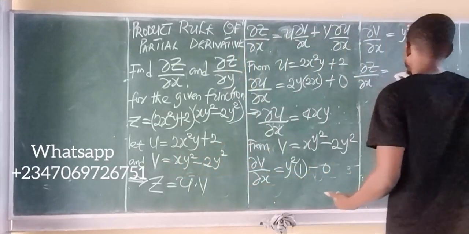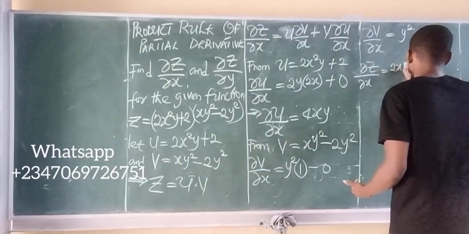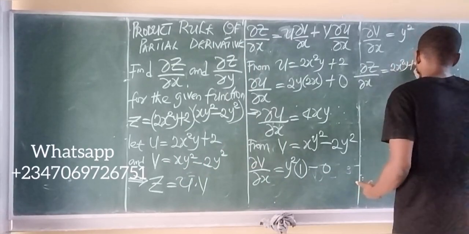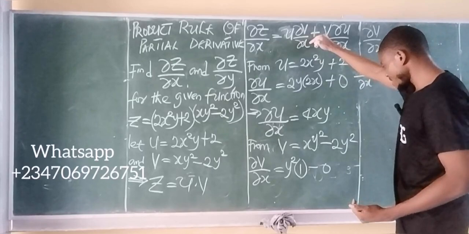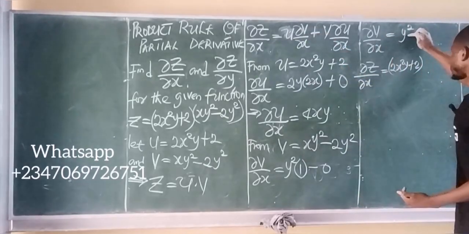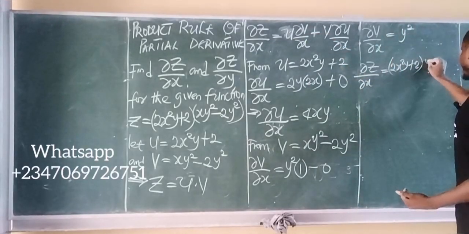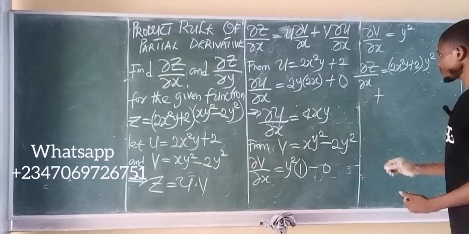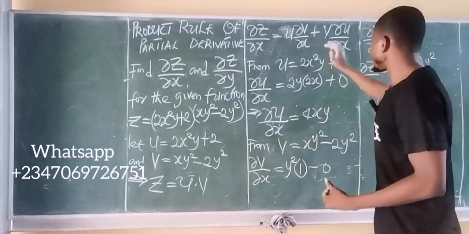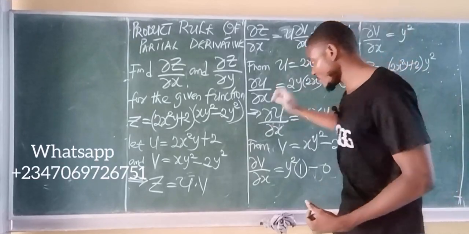So we'll put down the value of u, which is 2x squared y plus 2. Differentiate v with respect to x, and the partial of v with respect to x simply gave us y squared, so simply multiply by y squared. So we have this plus,